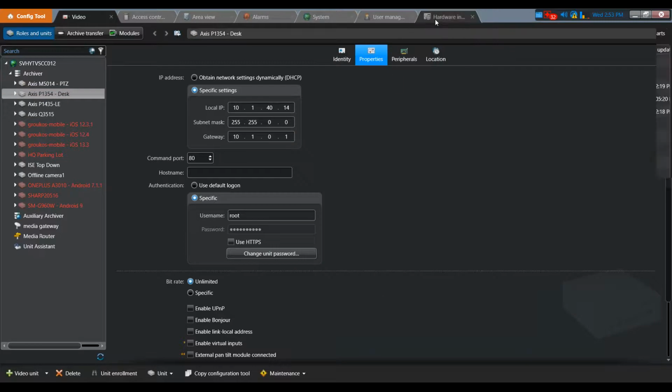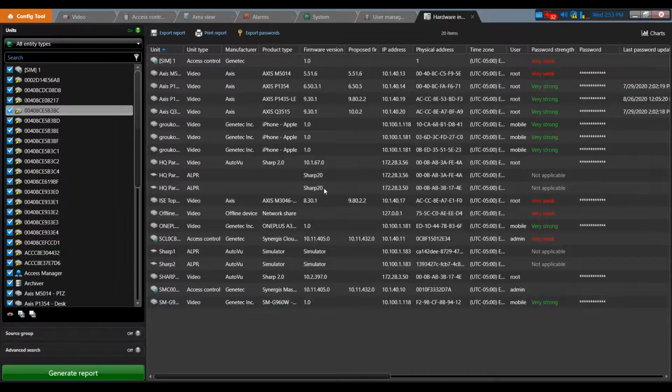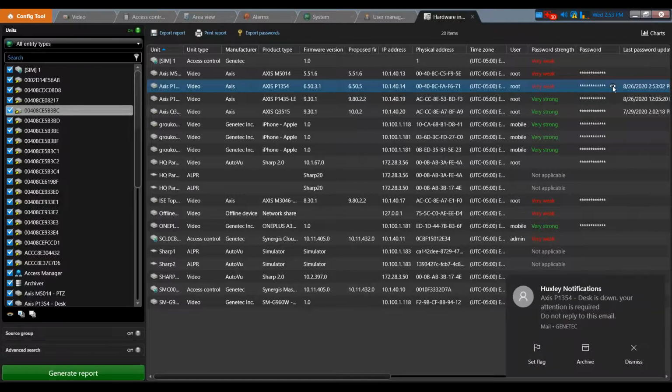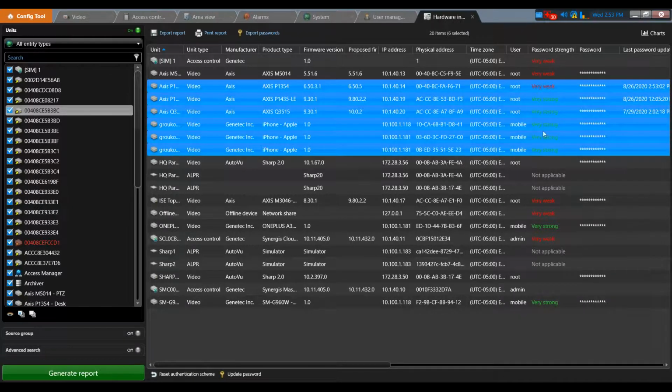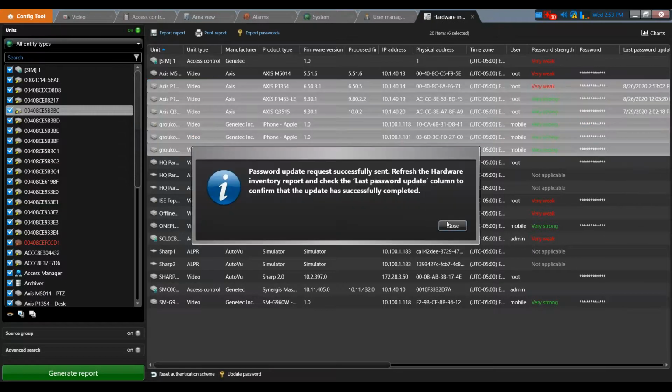If I go back to the hardware inventory report and run this report again, you can see here it's very weak, and that's the password I changed. When the camera went down, I got a notification on my email. So you can just select multiple cameras from here, choose to update the password, and do update,